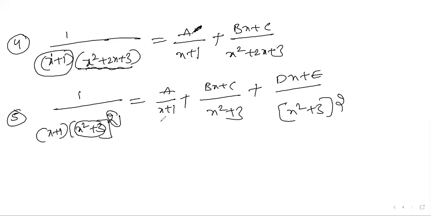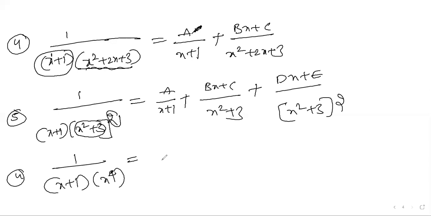First, what is model 1? What is model 2? What is model 3? What is model 4? First you need to understand the models, then you move forward. Very simple questions. Once again, I'll write a last question. How to open it? It is 1 by (x plus 1) into x power 4. How to write? Tell me.